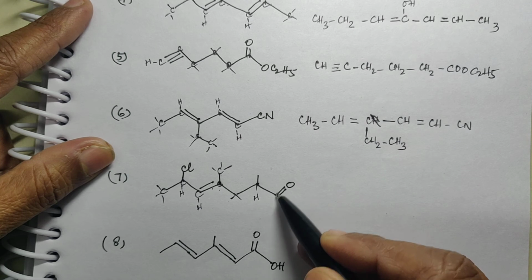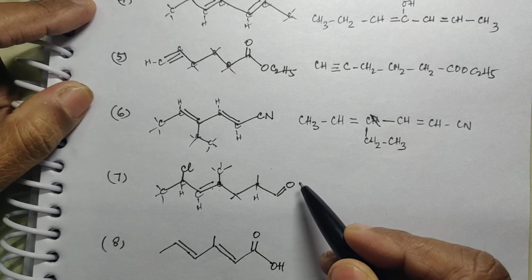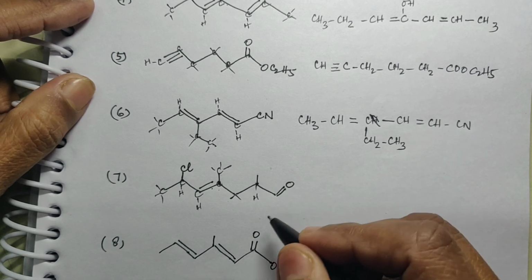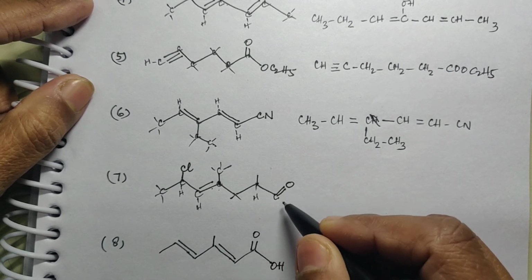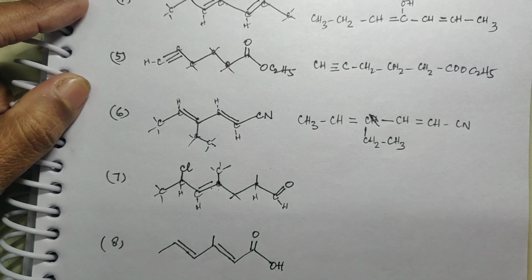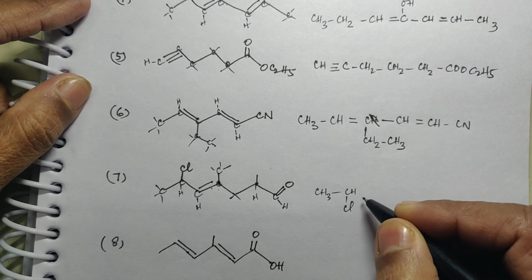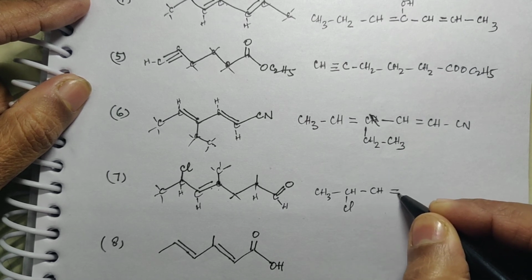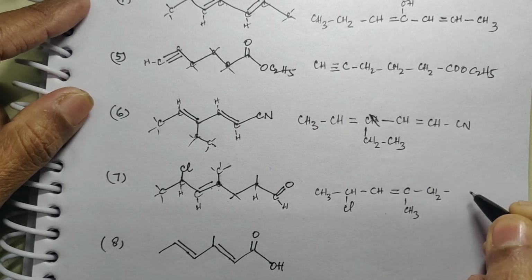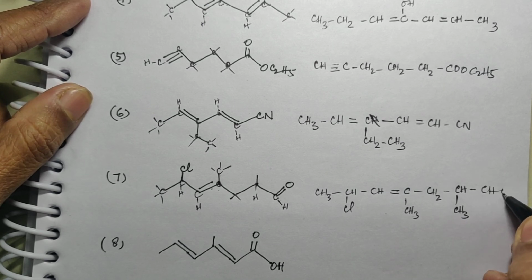And what is this? ये देखो ये डबल बॉन्ड O कीटोन की तरह लग रहा है, पर कीटोन हमेशा in between the chain आएगा, टर्मिनल पोजीशन पे कभी भी कीटोनिक ग्रुप नहीं आएगा. So what does it mean, the C double bond O, you have to understand that there is a hydrogen. That means this is an aldehyde group. So it will be CH3, CH, Cl, then CH, double bond, C, CH3, CH2, then CH, CH3, CHO.